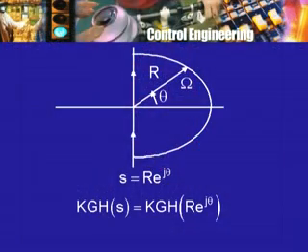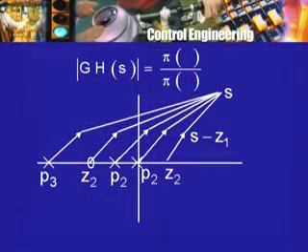Now, you can imagine that exactly the same thing is done here for trying to find out what is going to happen to this KGH of S along the semicircle when the radius of the semicircle r is quite large. So, to do that, let us do what we did earlier. We look at the pole-zero plot of the transfer function,